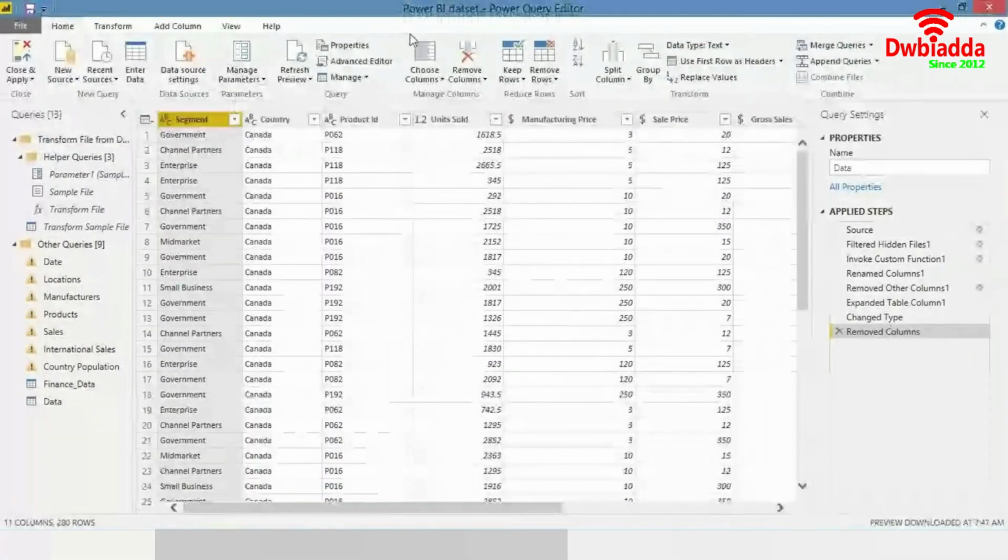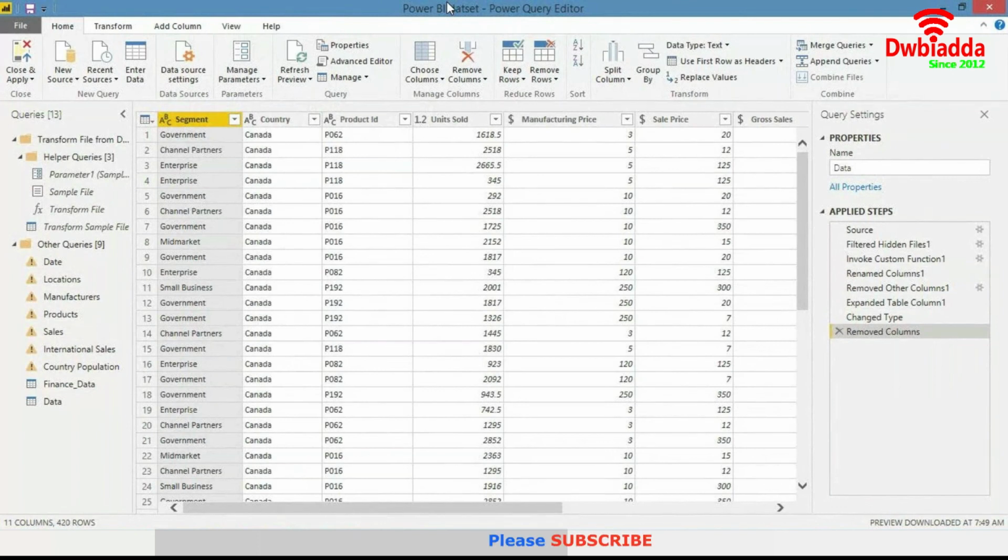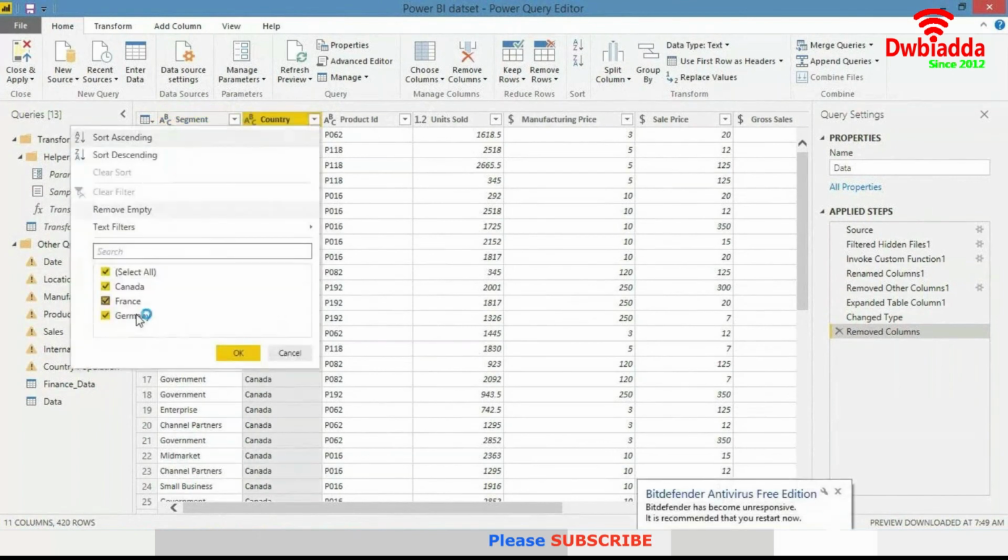All right, and like we did previously, on the home tab, you'll have the option of refresh preview. So now you have three countries.